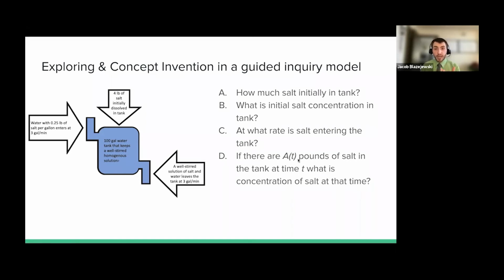So this abstraction piece was kind of tricky for them, so we took a timeout from the overall group discussion, and we took a moment to say, all right, what does this A of T mean in this concentration and how does it link back up to the other piece? So with POGIL, it doesn't need to be just constant group work. You're allowed to do kind of mini lectures to help move things along or to correct different errors as they occur. And then after that, a little bit more of making sure that they identify